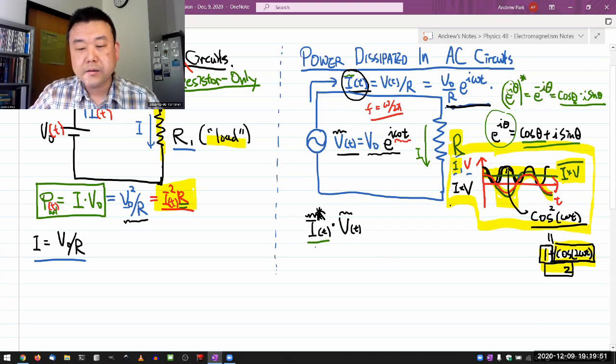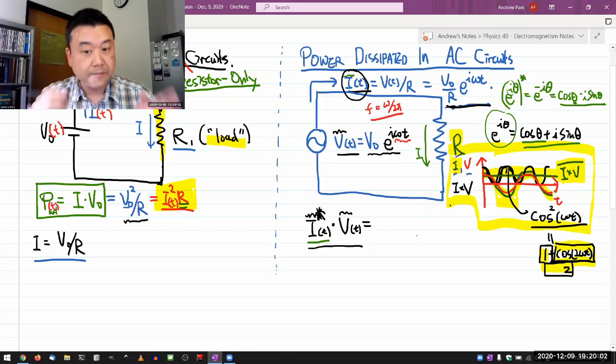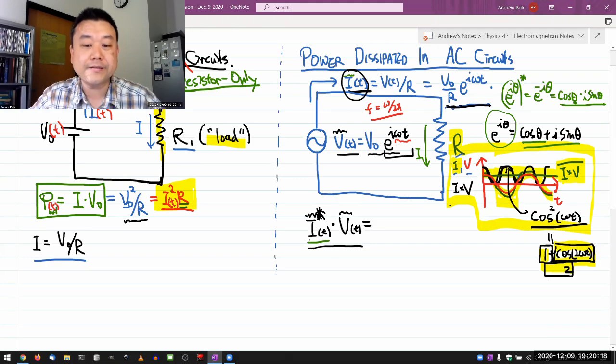When I do this product is going to be, and I can show you specifically for this example that it is. And a claim I will make without proving, because proving it takes time, is that it's generally true whenever your complex functions are oscillatory in time like this. And what's generally true is,